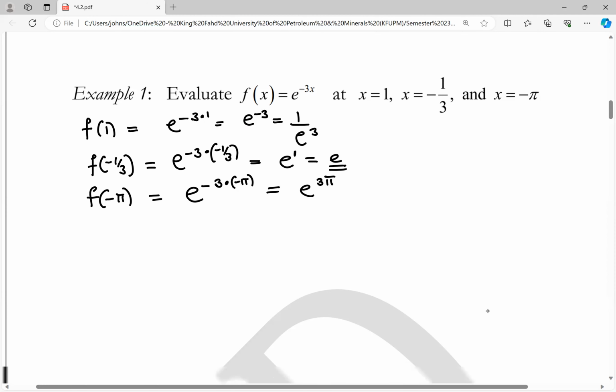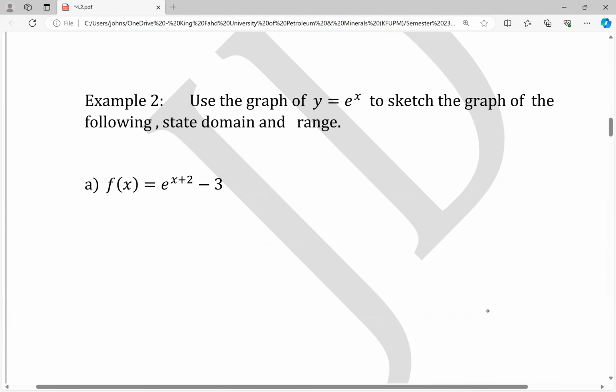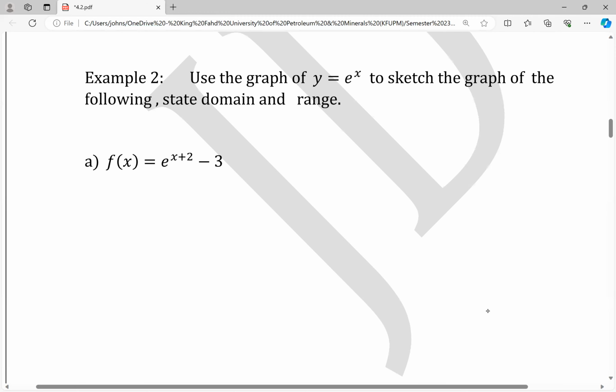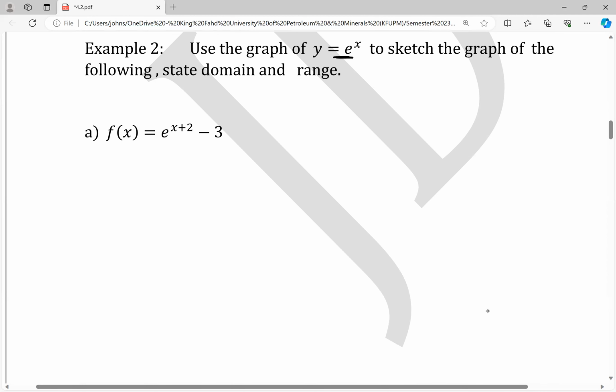Now let's talk about the sketching. To sketch this graph, for example, we want to use the graph of e to the power x to sketch this graph and find the domain and the range. All right, so here, what can we do here? If we start with the graph of e to the power x,